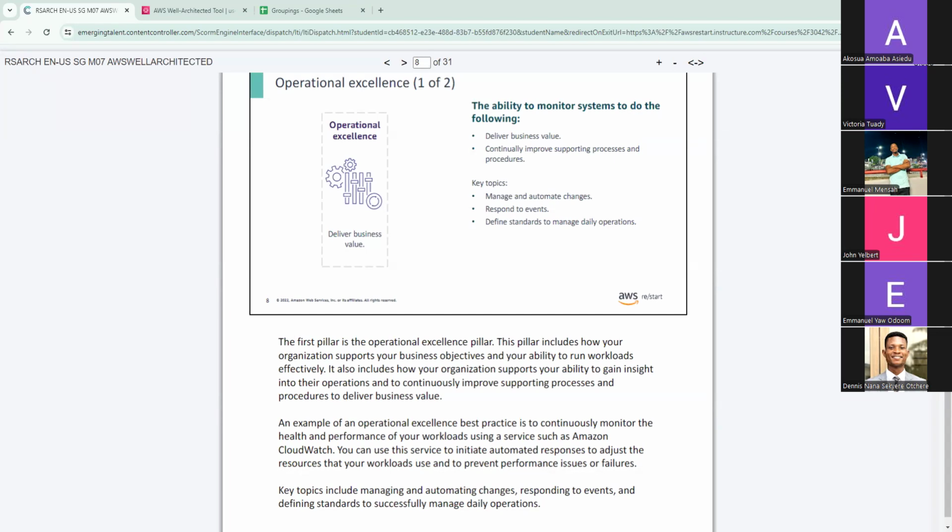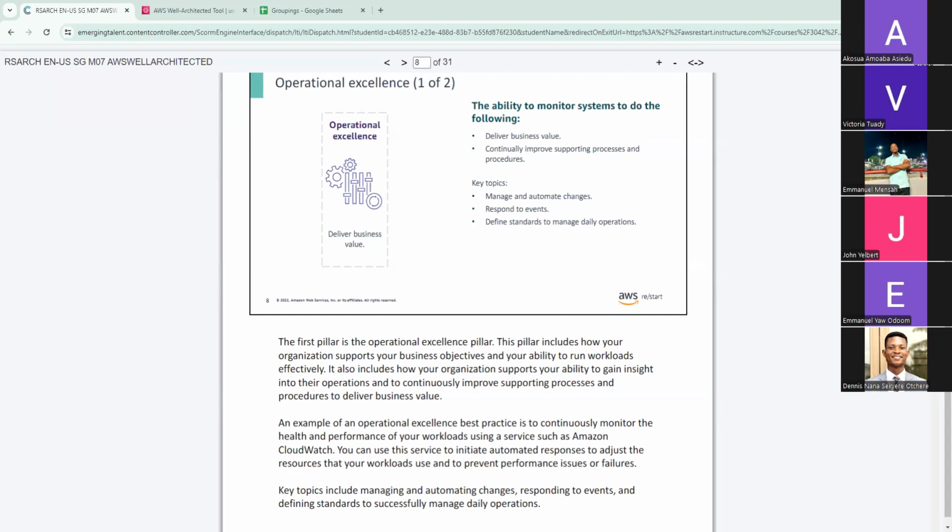And the operations would have to deliver continuous improvement, and that is how the business will continue to be in existence. And so AWS or any company that is adopting the cloud framework